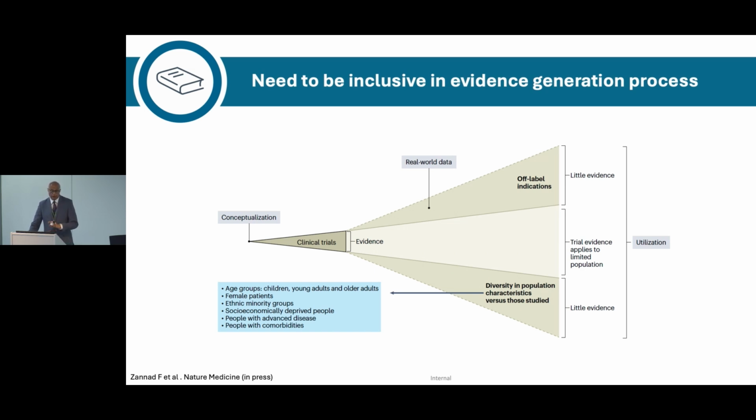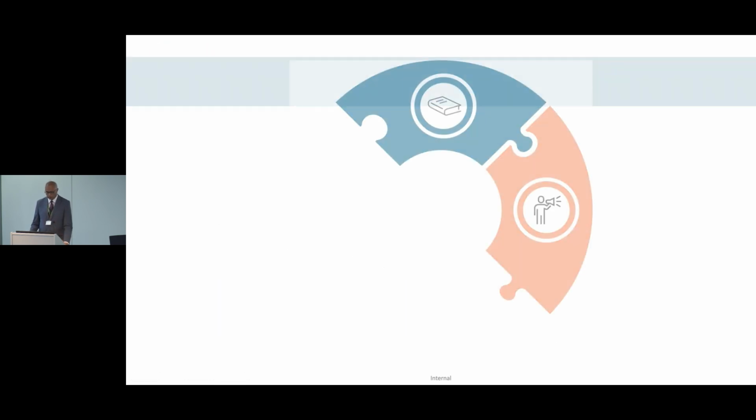So this is people who may not be in the trial and may not meet those inclusion-exclusion criteria, so we say off-label, or diverse populations. The study may have been done in certain populations that are totally excluded from the trials, but then we're trying to apply them in the real world setting. And this is where you see the efficacy in a randomized controlled trial, but what we need to see is the effectiveness in the real world setting. So trial evidence is for a small population, but there's very little evidence for the population that we're trying to apply that evidence to in routine clinical practice.